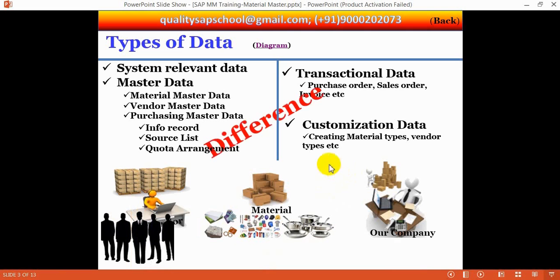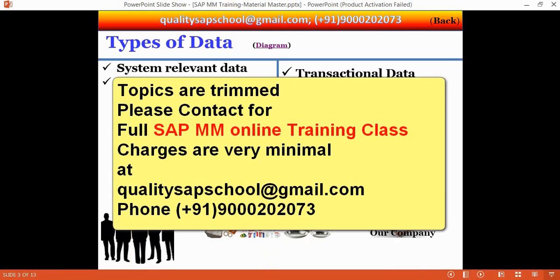So what is the difference among these four types of databases? The difference is this master data